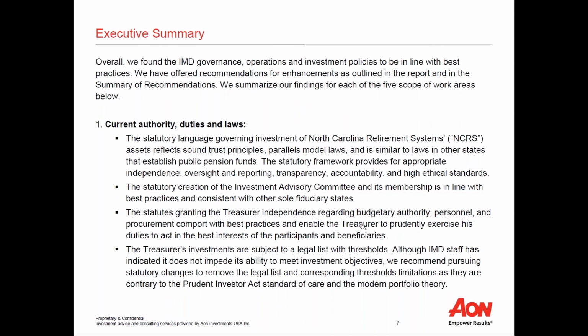The one recommendation they did have was the 4th bullet point there around the legal thresholds. As you're aware, we have statutory thresholds for certain types of investments that we monitor and make sure we're in line with, and we map them to our investment policy statement and how we actually manage the assets. As you can see in the second sentence, those thresholds are currently not impeding our ability to meet our current investment objectives. We're not bumping up against any of those currently, but they are saying that is outside of best practice,